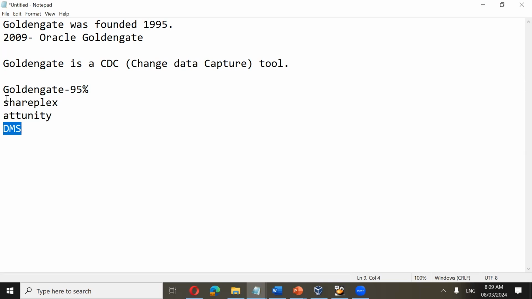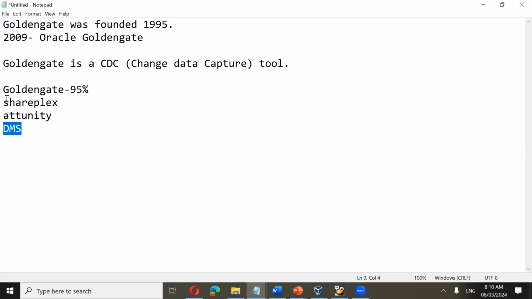So yes, there are competitors of GoldenGate in the market, but GoldenGate is still the best available solution. GoldenGate scores above its competitors by a lot. It is still the best product in the market, and it is very widely used. Now you may ask why. What is the reason for this big market share of GoldenGate?